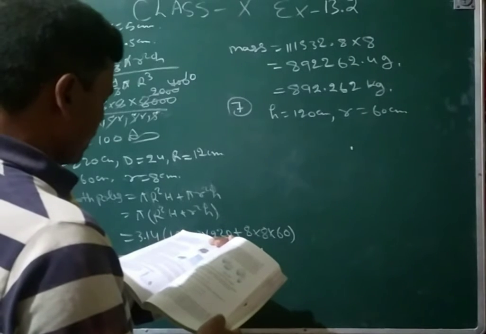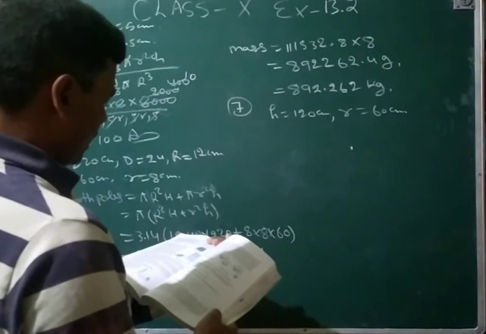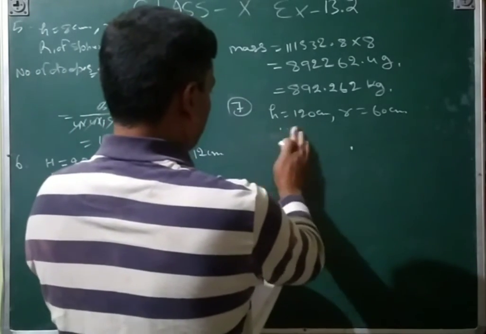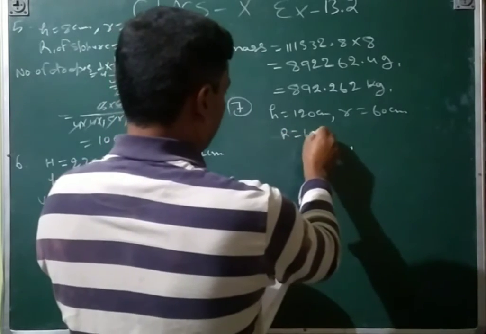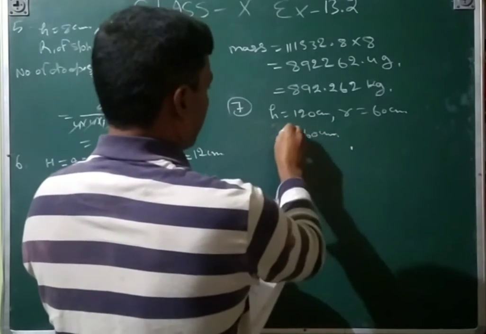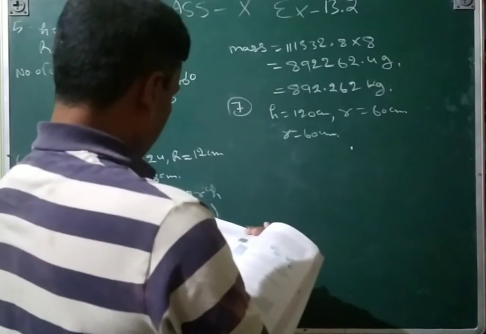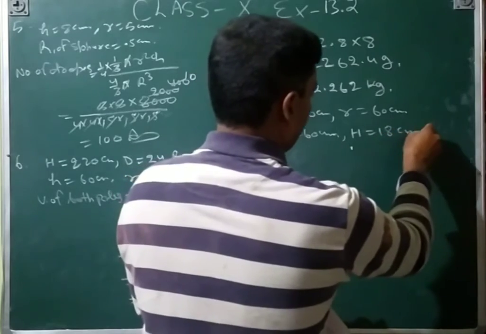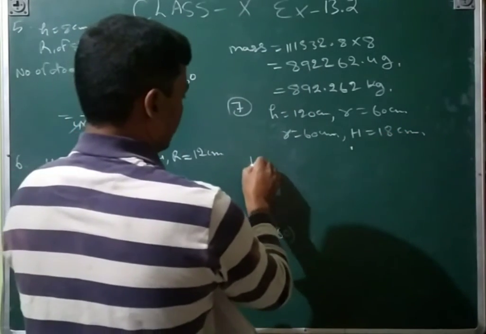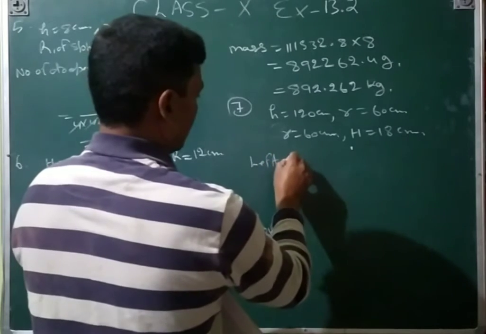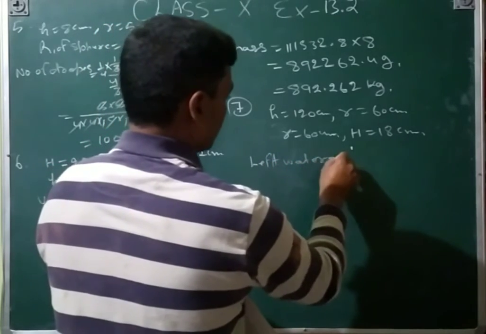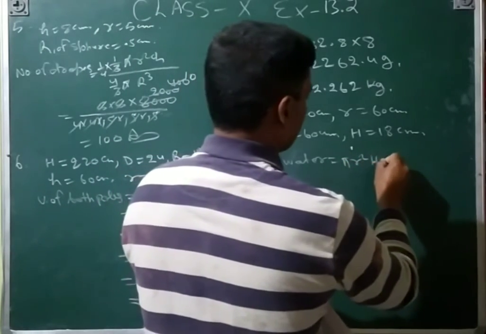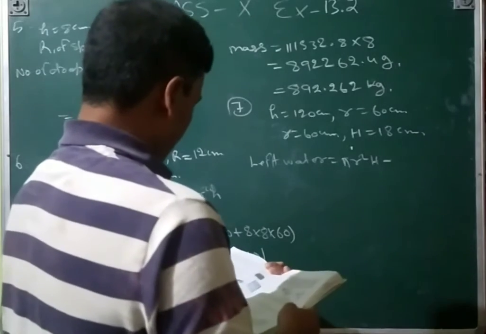Find the volume of water left in the cylinder if the radius of the cylinder is 60 centimeter, that is the same r, so we can write here small r, and then h is equal to 180 centimeter. So left water is equal to volume of cylinder, pi r square h, minus that cone is there,